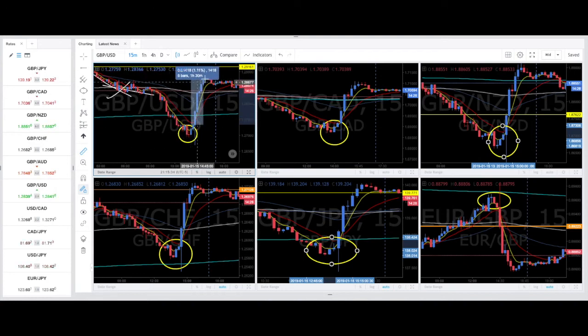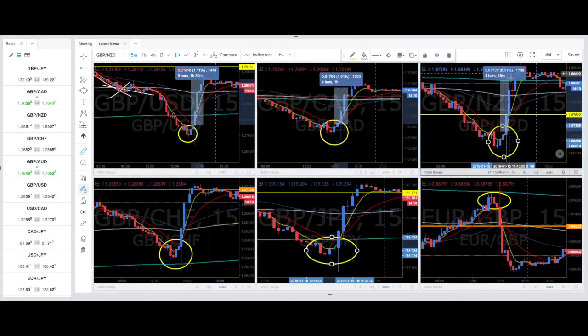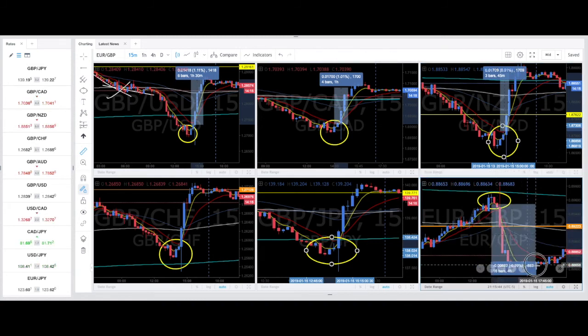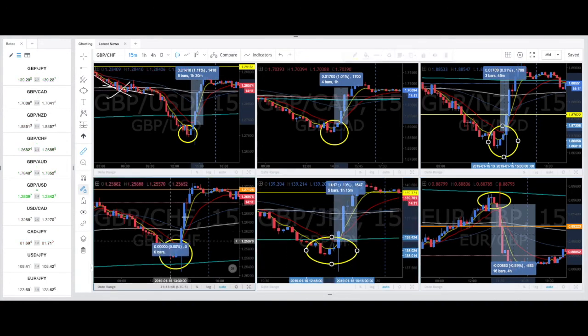You know, it's 141 on this one, 170 on that one, 170 on this one, on what, 80, 90 on Euro Pound, 150 on that one, and 115 on that one. You think they would actually drop another 170 pips? I mean, they've been collecting contracts pretty much throughout London,